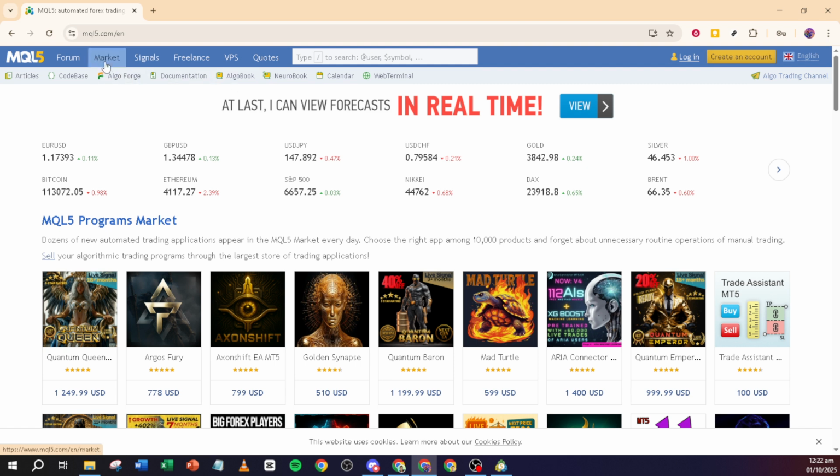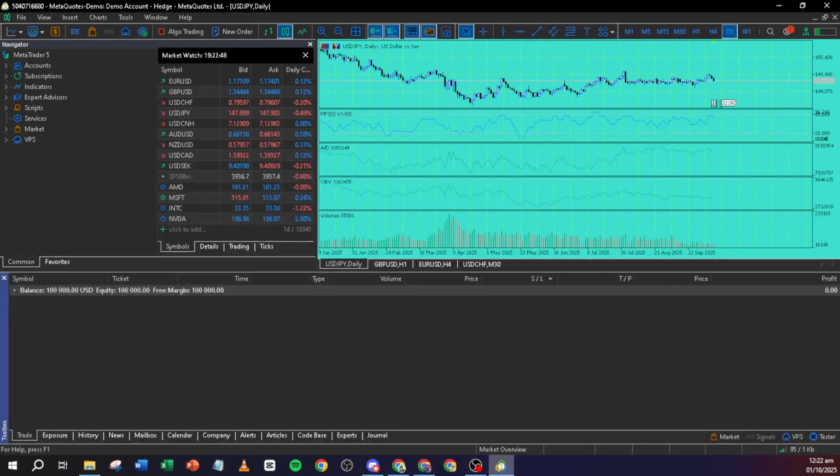Next, you'll want to open your MT5 terminal. Once you're in, direct your attention to the toolbox window. This is usually located at the bottom of your screen. Here, click on the Market tab, and from the options provided, choose Indicators. This section presents various options which you can browse through leisurely.